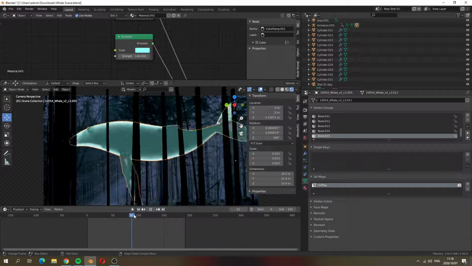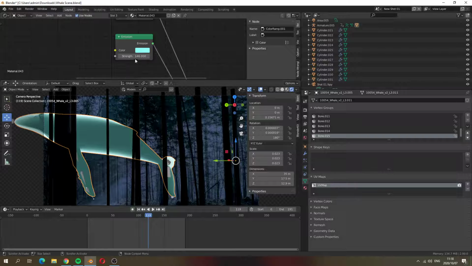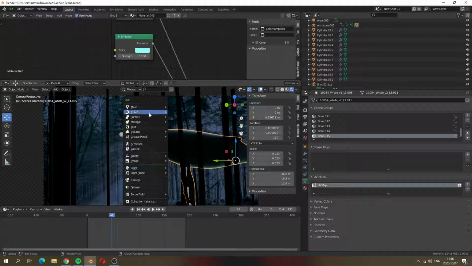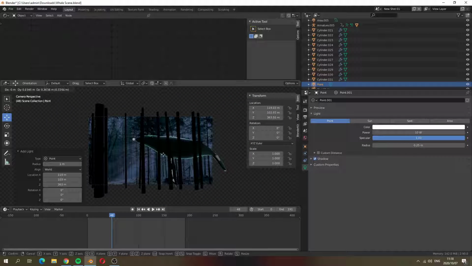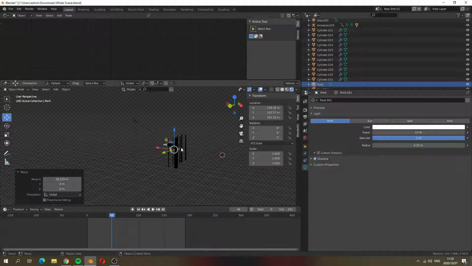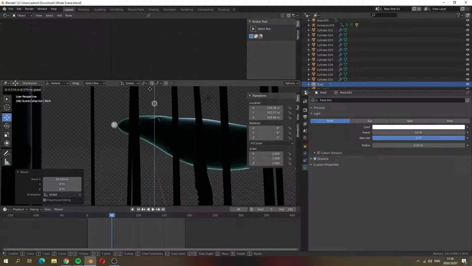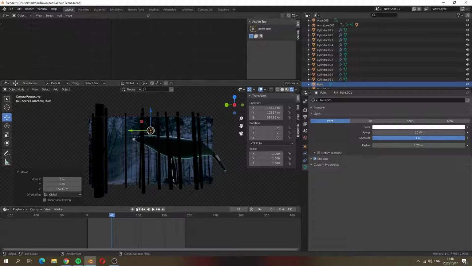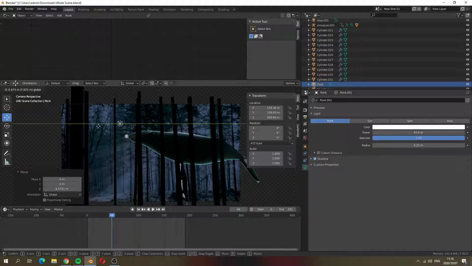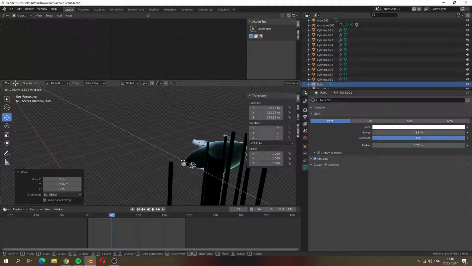But I think you could also maybe add a light, like a point light on the whale. So if I go light, point light, and put that where the whale is, and push it up. I can switch it off so that the point light doesn't affect the actual whale, but